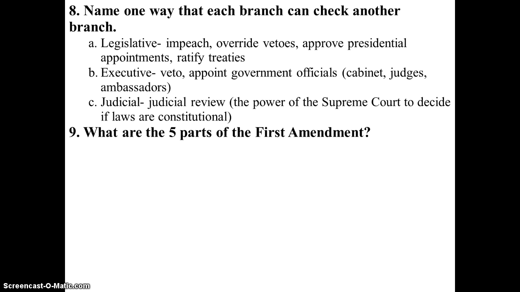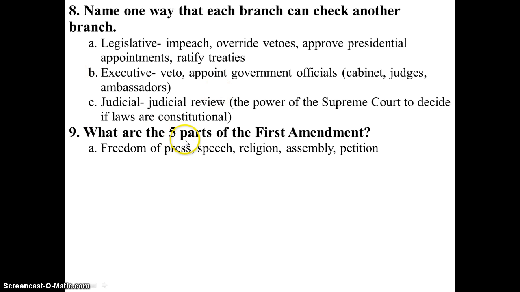All right, so listen, you do not need to memorize the First Amendment. That's just craziness. But you need to recognize what is in the First Amendment. So, for example, if I were to say to you, they're going to take somebody's right to have a gun away, you need to know, hang on, is that part of the First Amendment? Oh, no, it's not. I'm not asking you to know what amendment, you just need to recognize them.